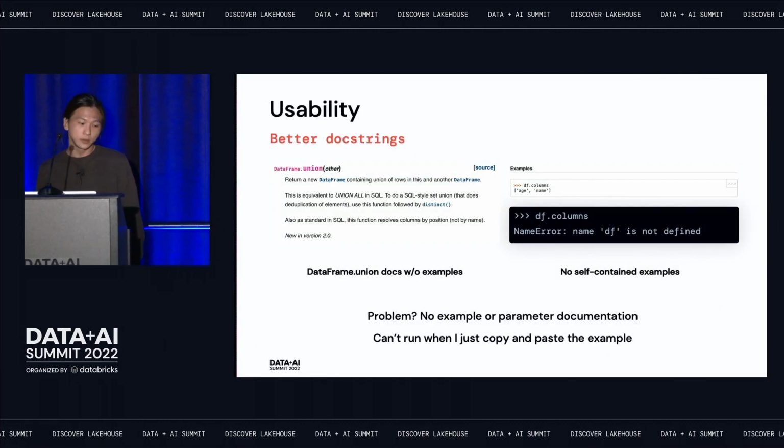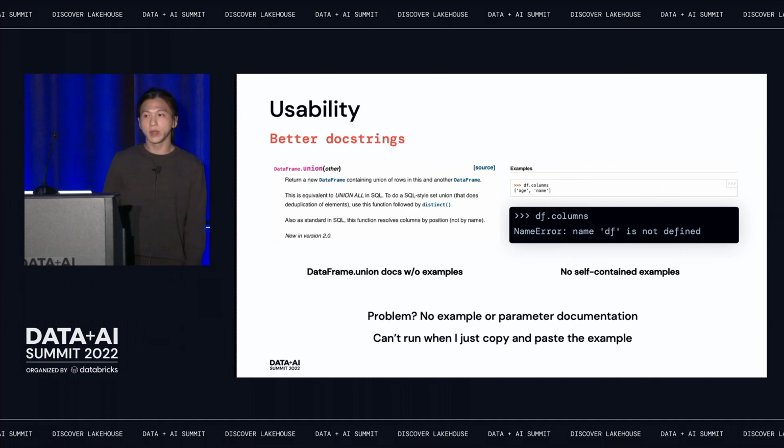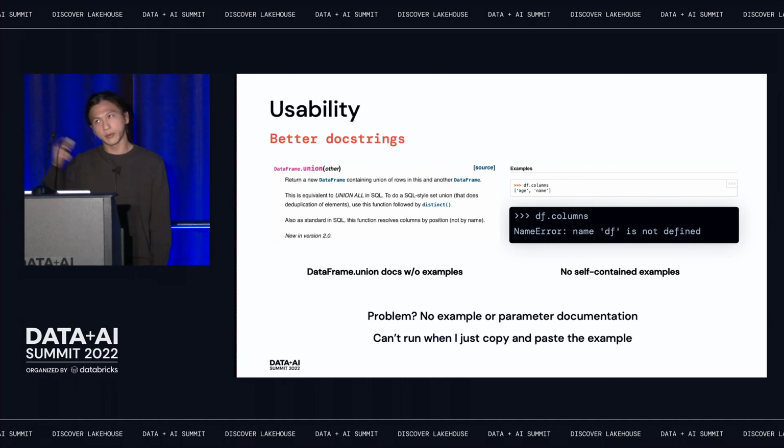Next one is about the documentation style. We actually improved a lot of the PySpark documentation. We switched the documentation style to the NumPy doc style in Spark 3.2, I guess, right? So the documentation became much better, much prettier.